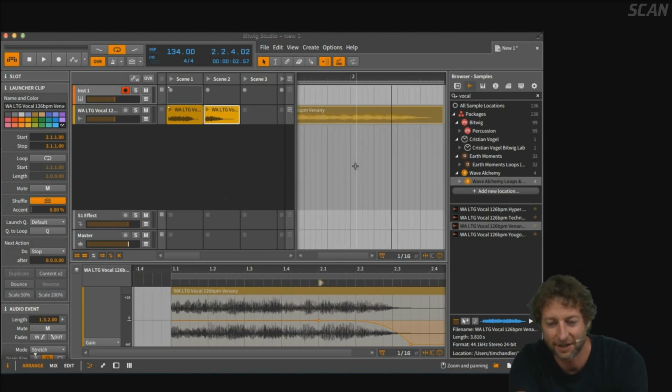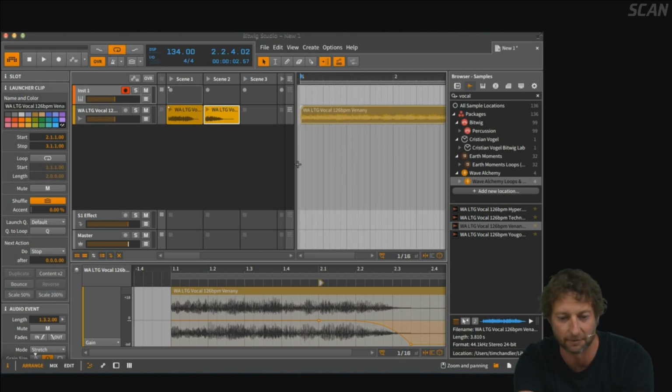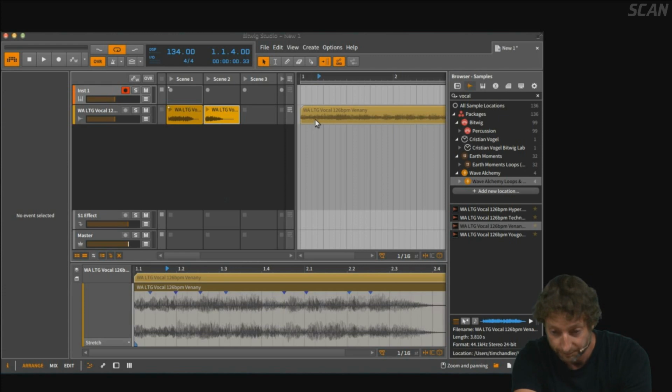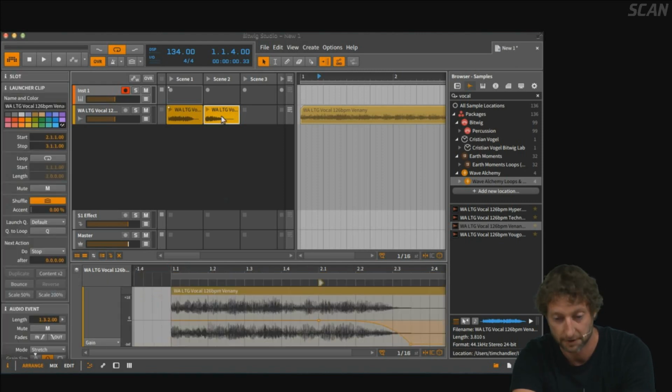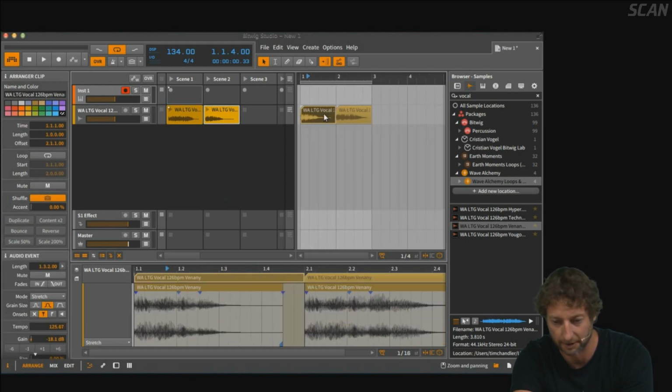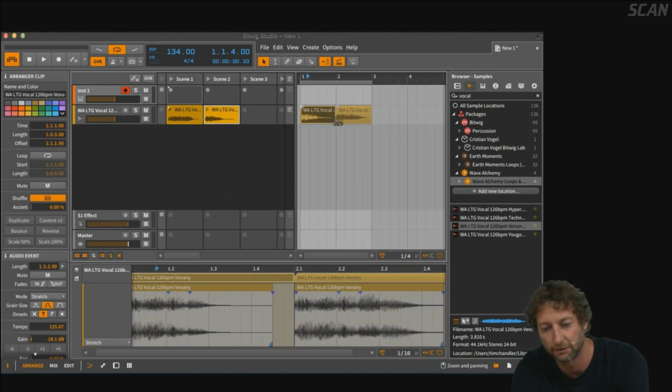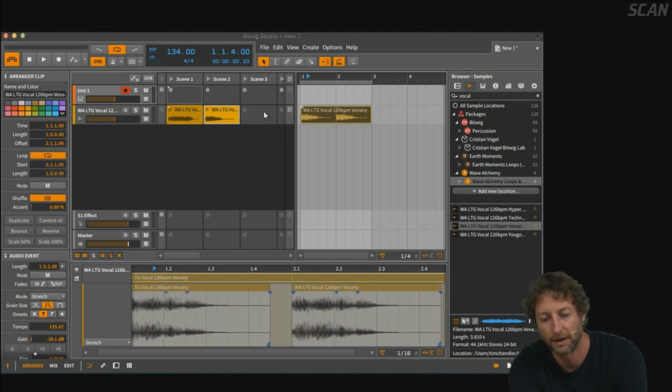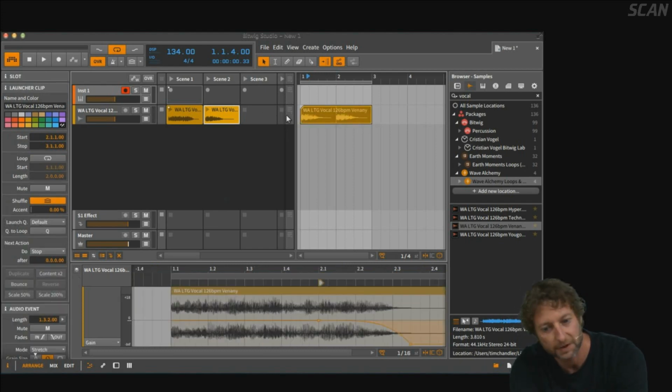Anyway, okay, so there's a very quick example of editing audio. Bitwig is lightning fast for editing audio, and what's really nice is all of the edits are in clip. So, for example, if I now was to drag this clip into the arranger, let's just zoom out a little bit, and you can see if I drag it around, hovering down at the bottom of the clip gives this little loop sign, and now if I play this around on the arranger, so when I click this little button,